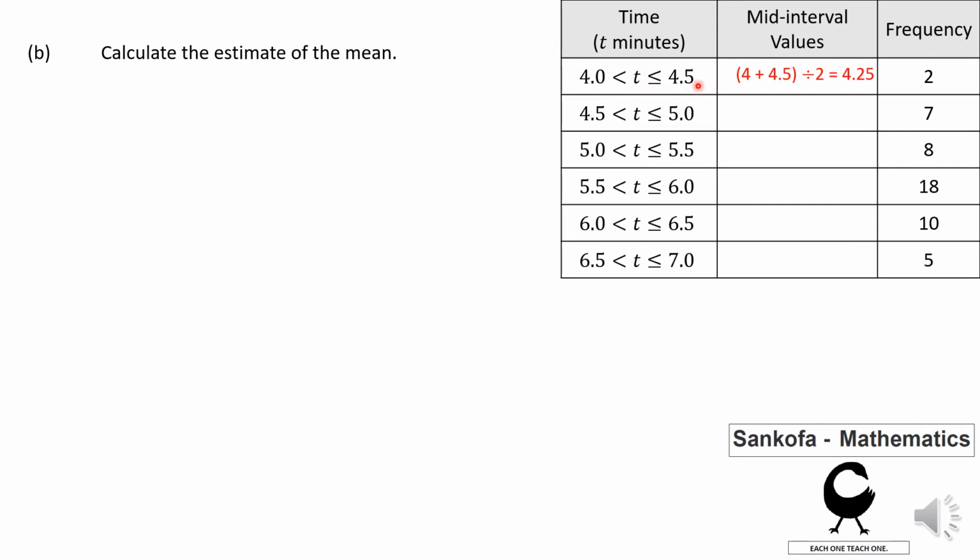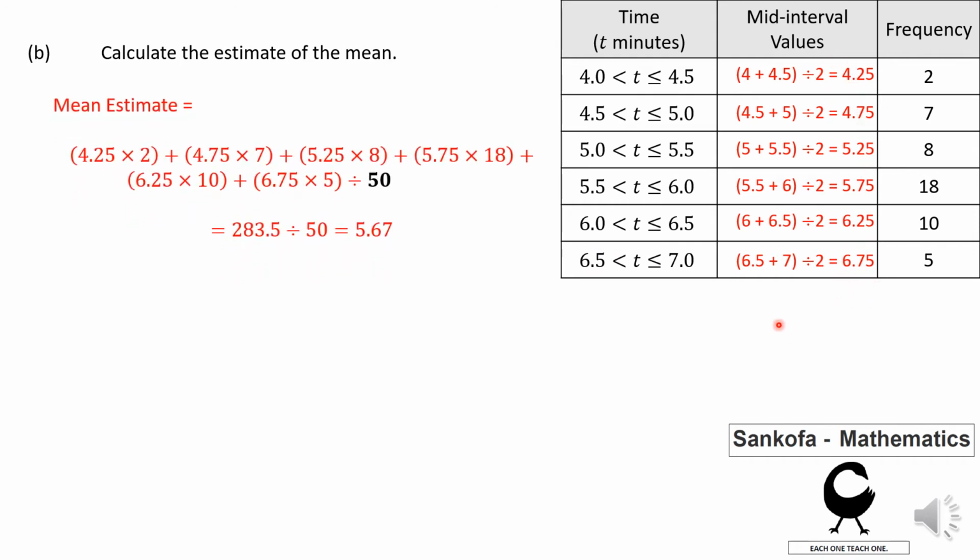So on average, the average time in this class interval was about 4.25, and the average time in this interval here was 4.75, and the next one is 5.25, 5.75, 6.25, and the average time for the last one is 6.75. Now that we have the mid-interval values, and in order for us to calculate the mean, since it's an estimation, we take that mid-interval value, we multiply it by the frequency, and we add, and then we divide by 50. 50 is the sum of the frequency. And the moment you do that, you get an estimate of about